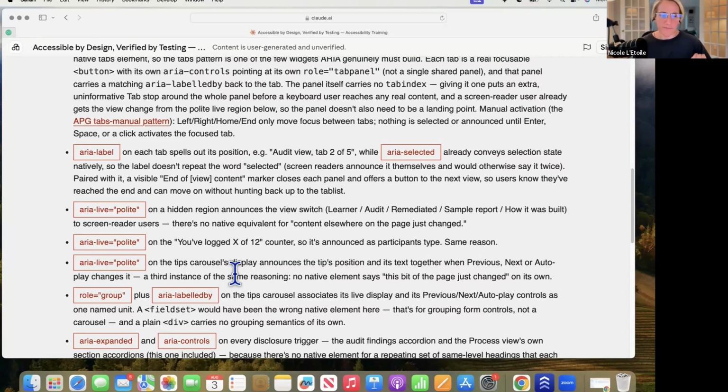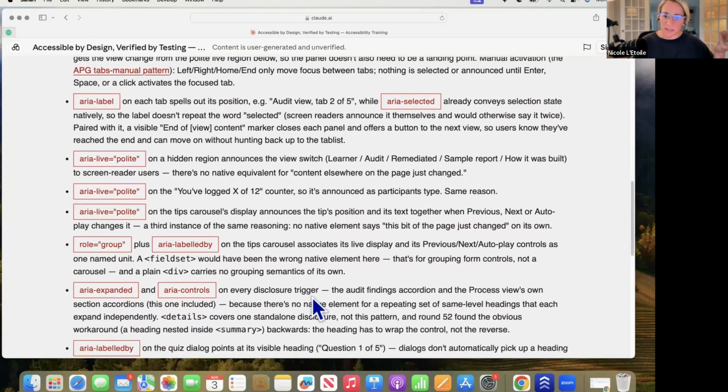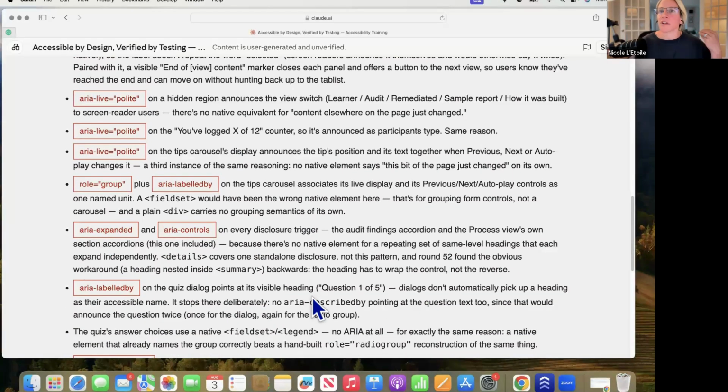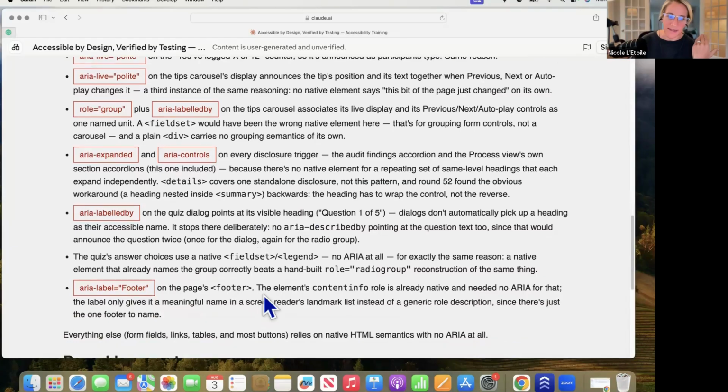I'm getting there. ARIA Live, polite, you've logged X of 12. Another ARIA was that the carousel display announces the tip position, that the screen reader will skip the text that says 1 of 3 because it doesn't need to be redundant, but it needed to hear it. There's also some ARIA for expanded, letting the accordion know that you have it open, letting it know that it closed. So you'll see the ARIA label for quiz dialogue needed to be added, and then I did the one